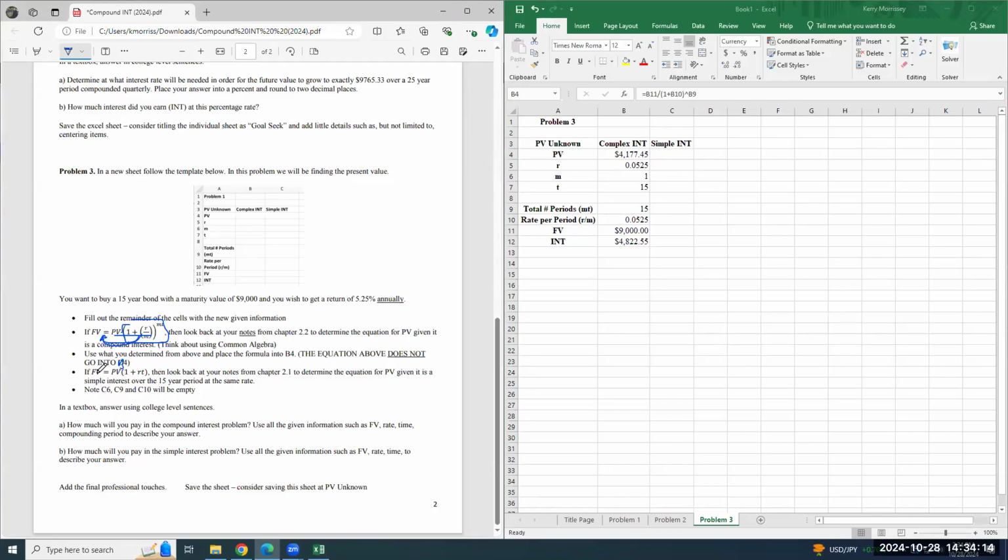So now it says if FV is equal to PV, 1 plus R times T, then look back at your notes from chapter 2.1 and determine the equation for PV, given that it is a simple interest over the rate, over the 15-year period at the same rate. Note C6, C9, and C10 will be empty. So what it's asking us for is that it now wants us to figure out your simple interest problem, given your rate, your time, and your